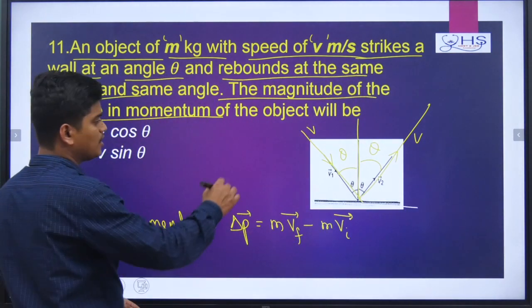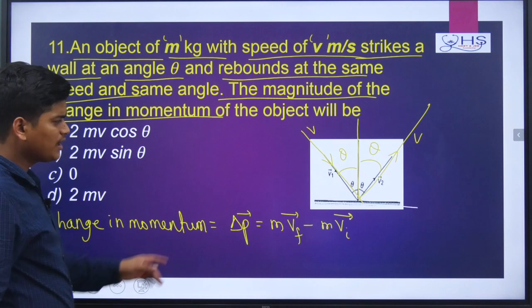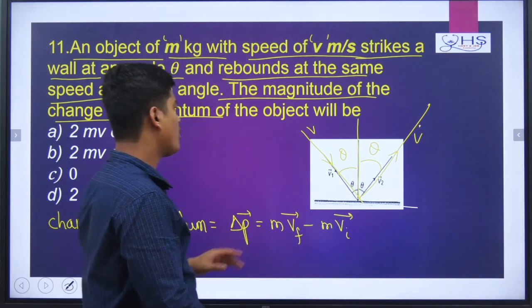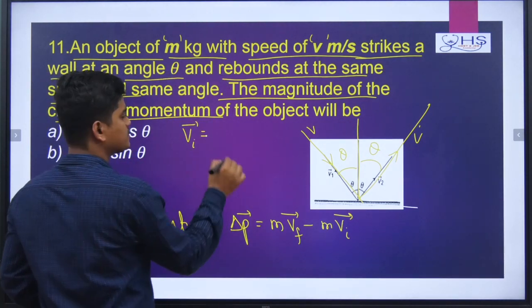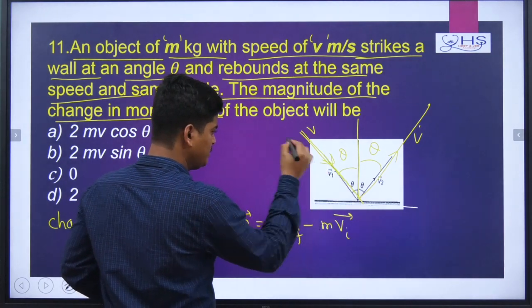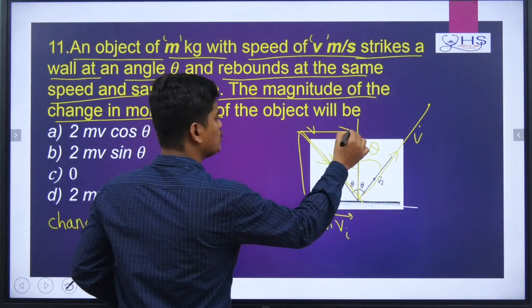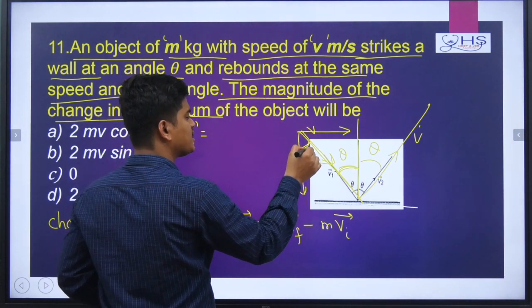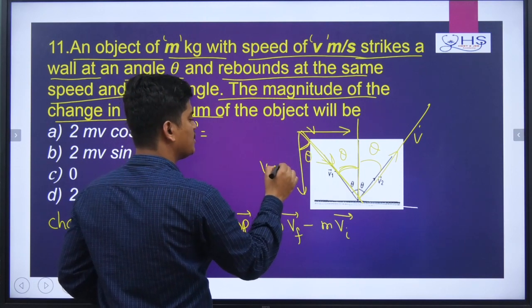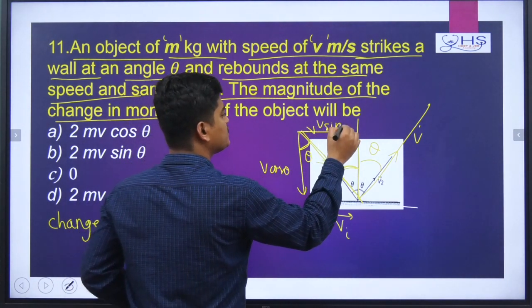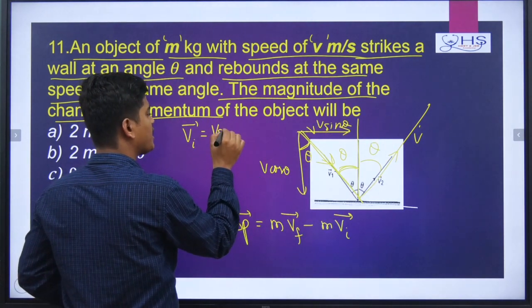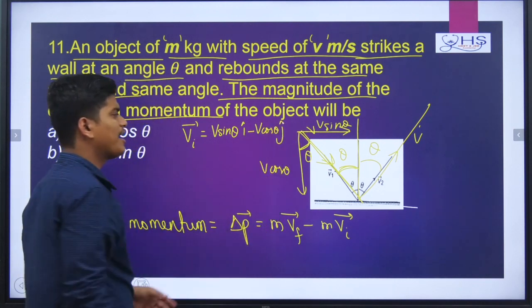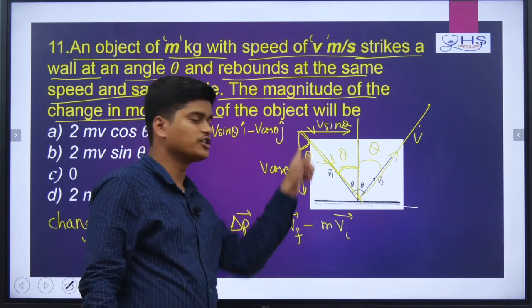Now you need to find here V final and V initial. Now see, if V is coming this way and the other V vector is going this way, component one will check V initial vector, how much. Now see here, this is the vector that is coming. Now take components here. So this is the x component, this is the j component. Actually, if this angle is theta, this angle is also theta. Now here I can write this as V cos theta and this is your what? V sin theta. So x is V sin theta, so I can write V sin theta i cap minus V cos theta j cap. Minus V cos theta j cap because this V cos theta is downward, that's why I am writing.